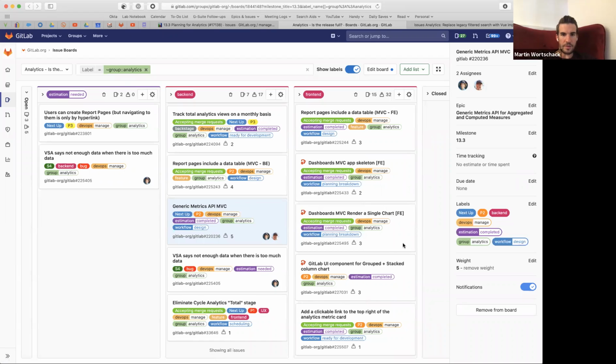Maybe... go ahead. Since they're estimation completed, would they already be ready for development? I'll bet many of these are ready for development.